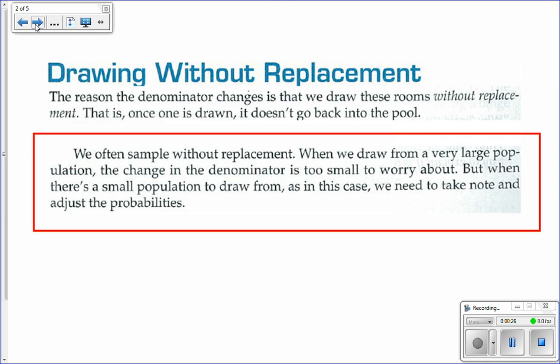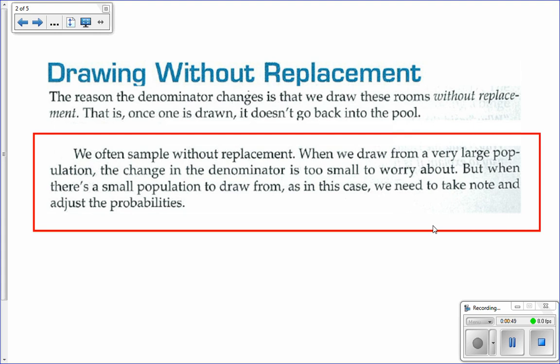So if you're looking at the probability of drawing an ace, as you draw them, there are fewer and fewer cards. And so your probabilities are changing, which means without replacement, it's not independent. Okay. Now, what I've put in this red box is a really important idea that we'll hit on in the next couple of chapters.